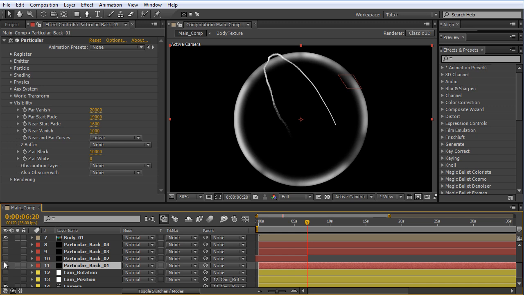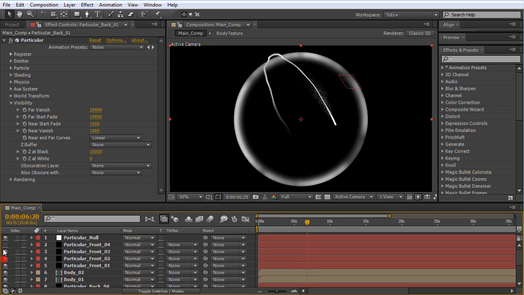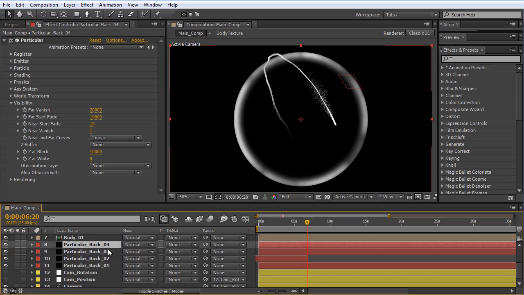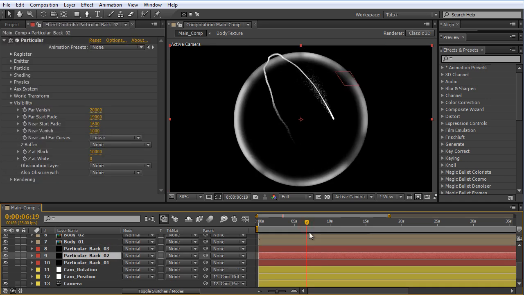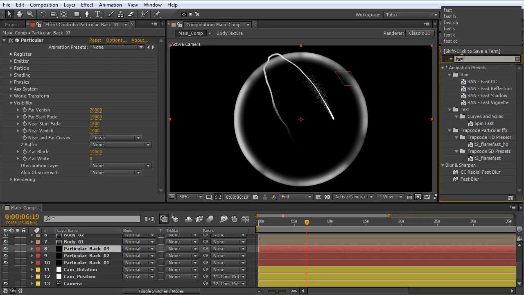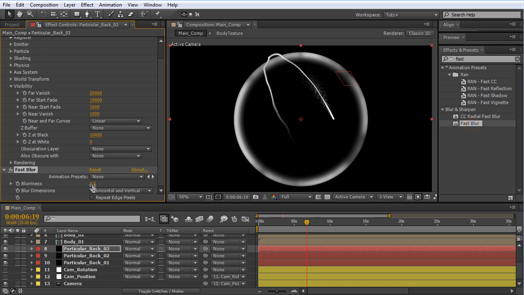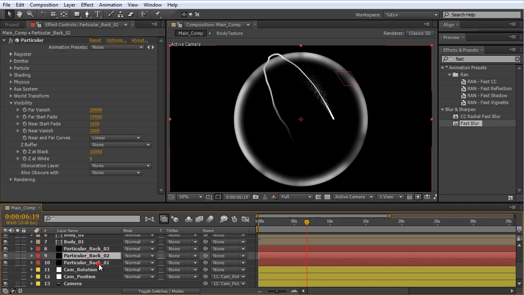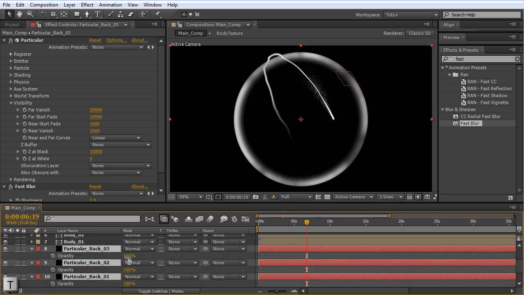Let's repeat the same result for these. We don't need this one. At this point, I can blur out the back. So let's add a fast blur. And we don't want to blur it too much. Just a small bit can do the trick here. Let's say even 2. And we'll copy this blur and paste it to these. So that gives us a nice effect. And we can even lower the opacity to say around 50.